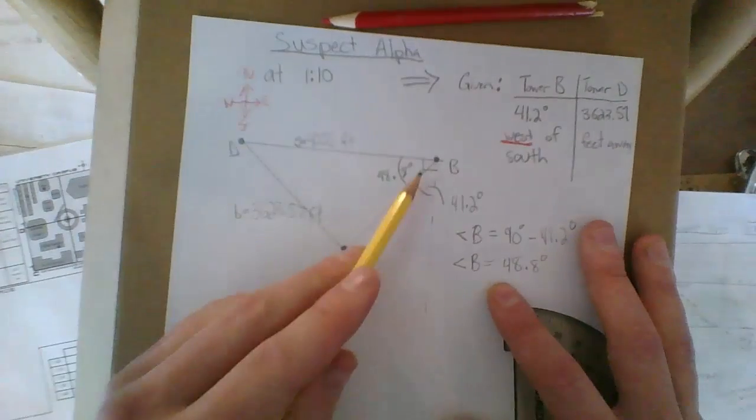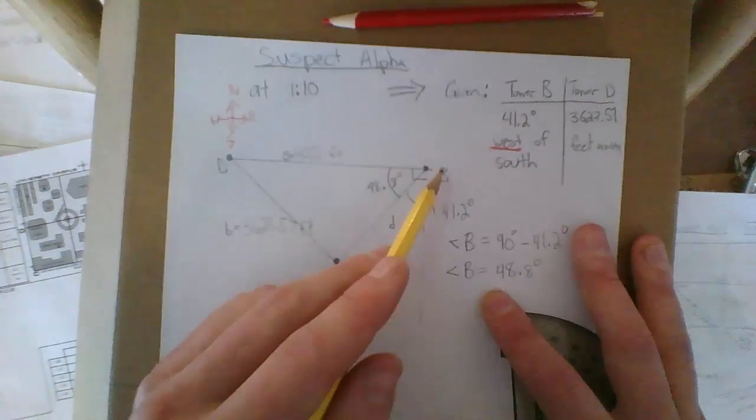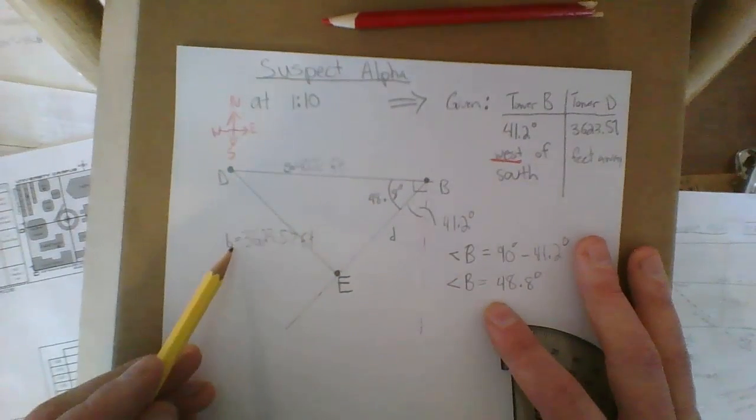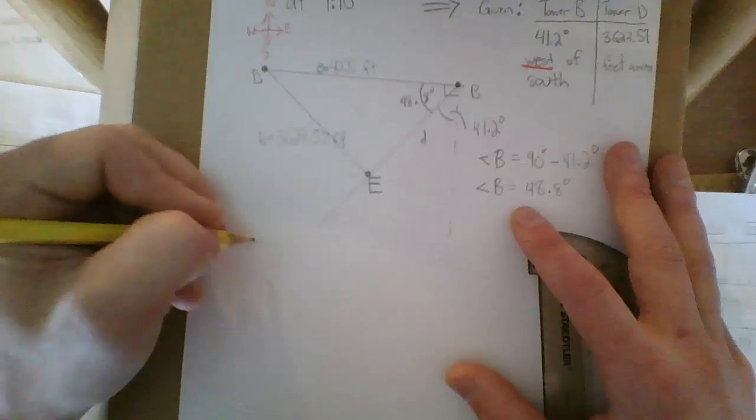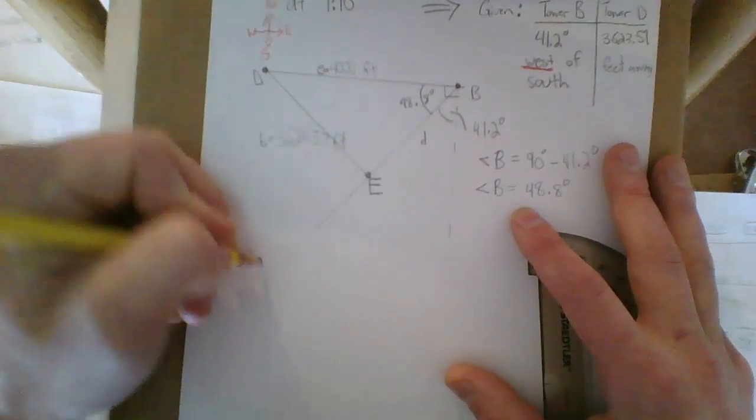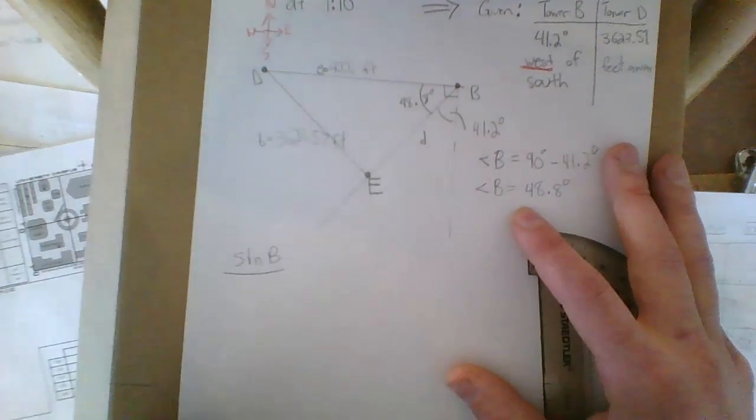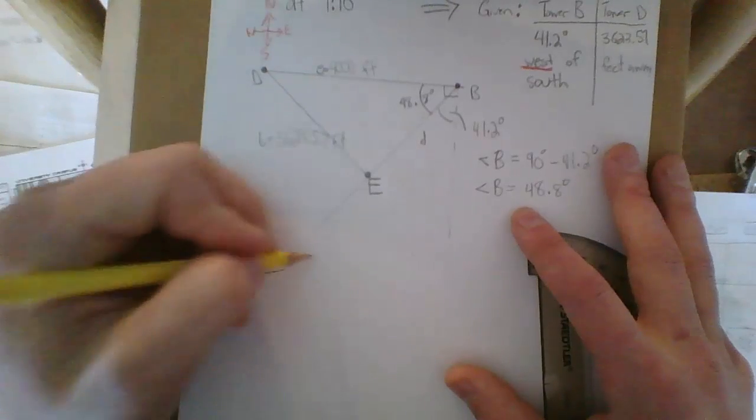So we now have an angle-side pair, angle B and little b. So we know we're going to use the sine law, and we're going to say sine of big B over little b equals